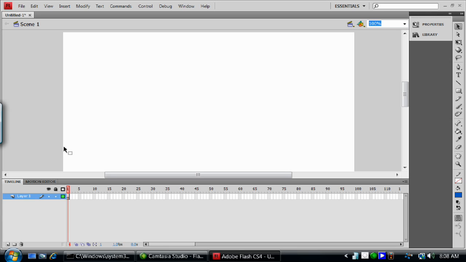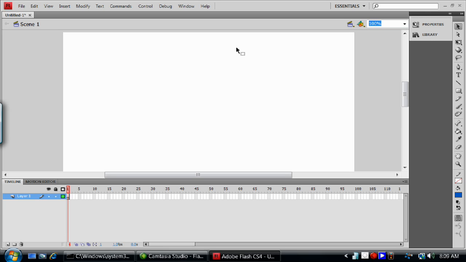Okay, so this is the third class on Flash, and in this class we're going to talk about working with video in Flash. So I started off with a blank document, and to begin using video in Flash, you have to have a video file. You can use a variety of different files; it generally likes QuickTime movie files, a file format called H.264,